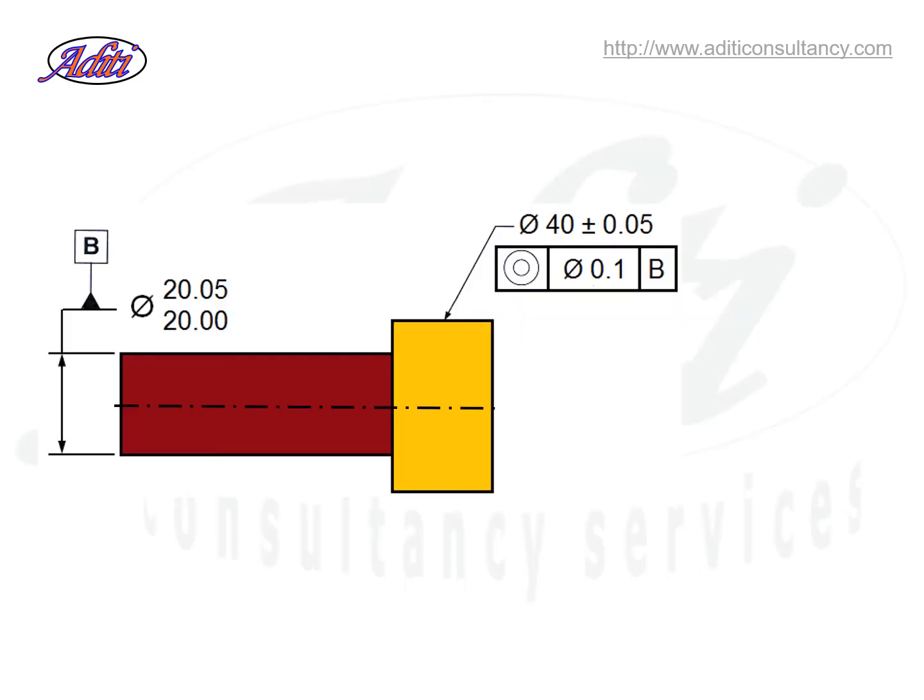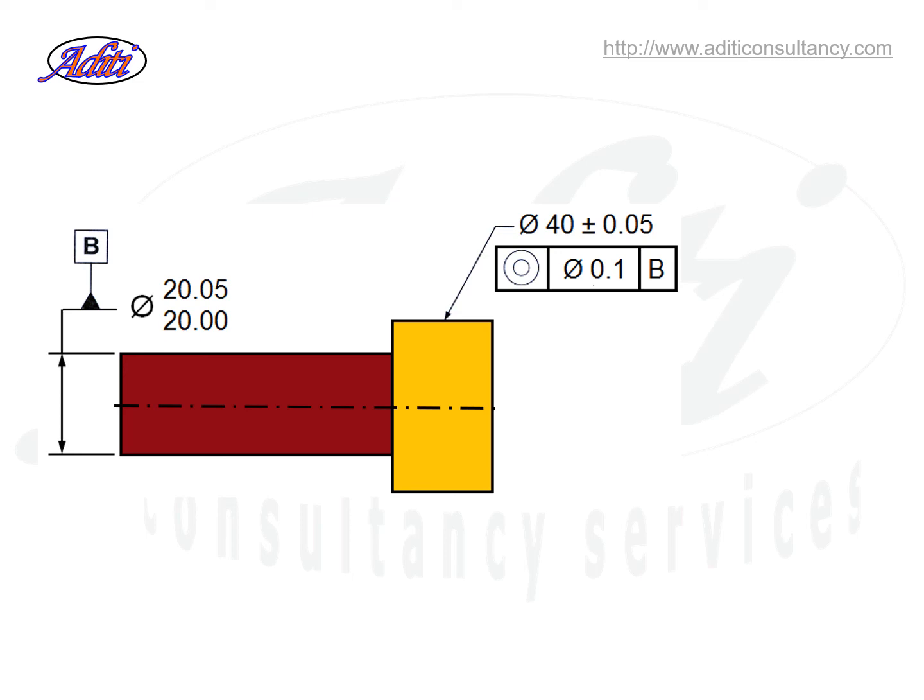Let us see what is concentricity. Concentricity is always defined between axes of two features, and the tolerance zone is always cylindrical. In this figure we see there are two cylinders and one single axis is shown common to both of them. But practically it is not possible. There will be two axes. Axis of one may get shifted with respect to the other or it may get tilted. So that is where concentricity will come into the picture.